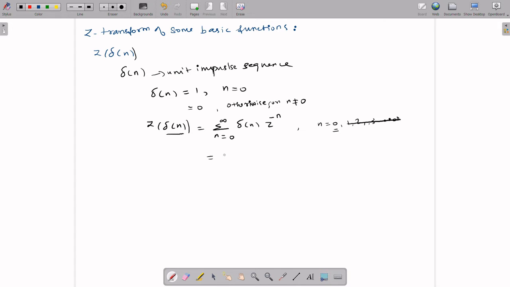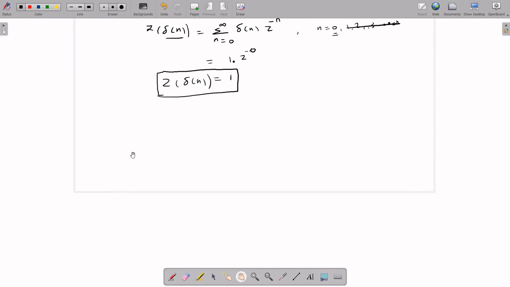So when n is equal to 0, this becomes 1, and for z power minus n we have to substitute z power minus 0, which is equal to 1, since anything power 0 is equal to 1. So the Z transform of delta n is equal to 1. This is the Z transform of the unit impulse sequence. Okay, next we have to find out the Z transform of